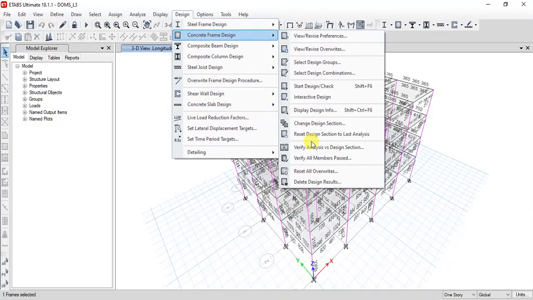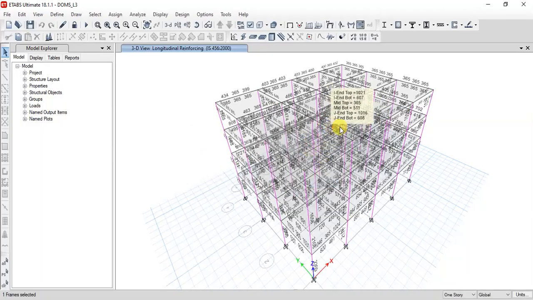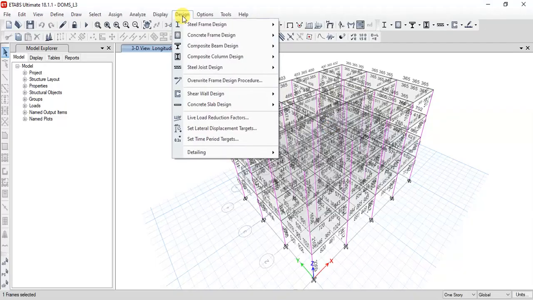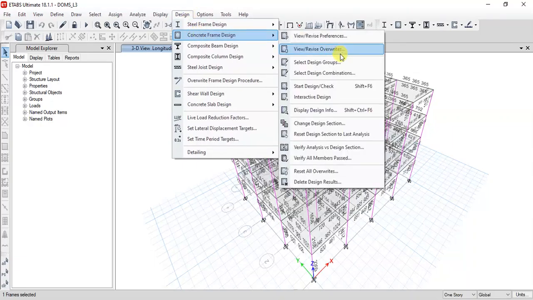So that is the importance of checking these members, and also checking with analysis and design. If any mistakes were made, you will get an error message so that you can check the particular beam property. If you have not properly assigned any beam property, those errors will be displayed here.